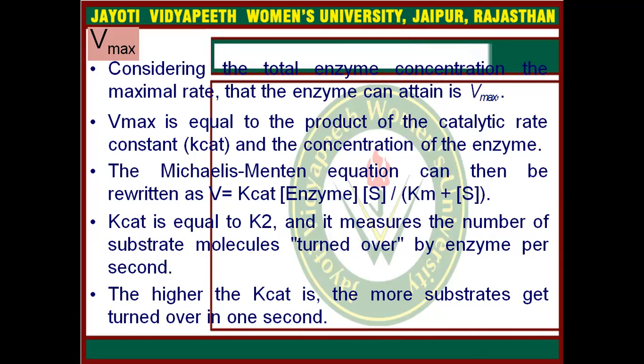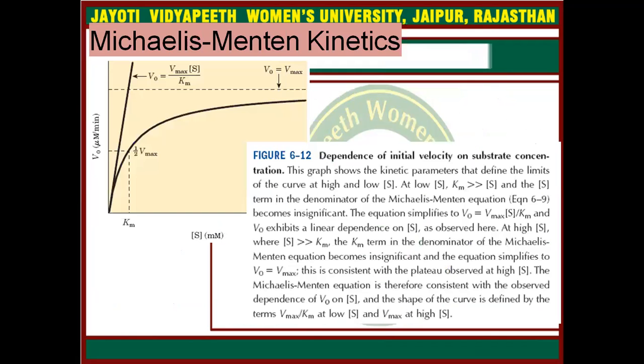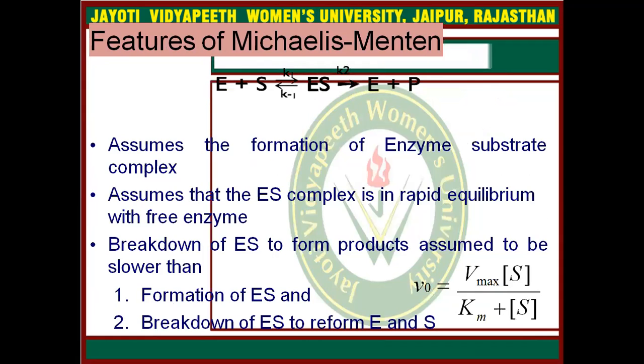Kcat is equal to K2, and it measures the number of substrate molecules turned over by an enzyme per second. The higher the Kcat is, the more substrate gets turned over in one second. This is the Michaelis-Menten kinetics graph, and here we can simply see that E plus S is equal to ES, which is the complex, and after it will break into E plus P, where P is equal to